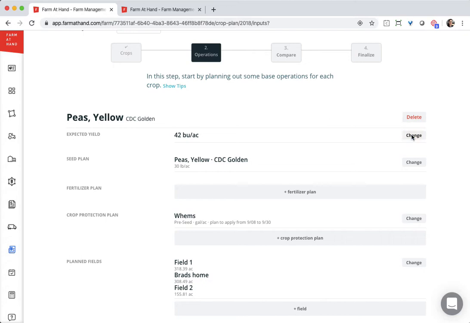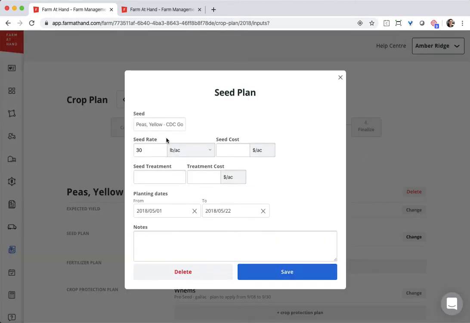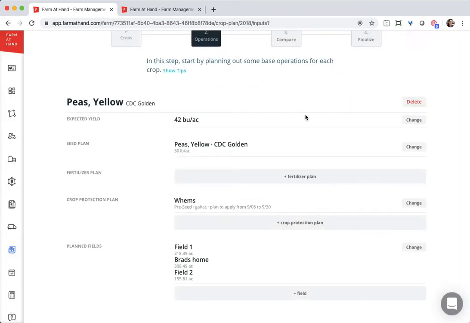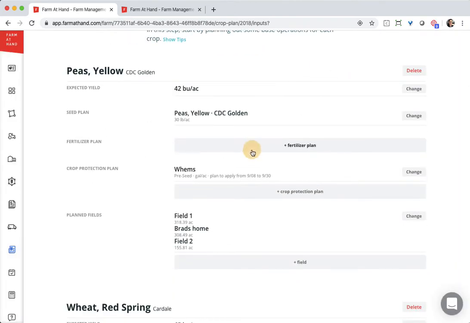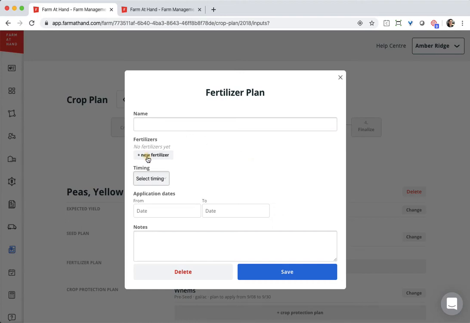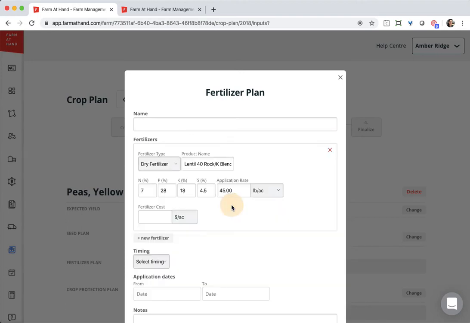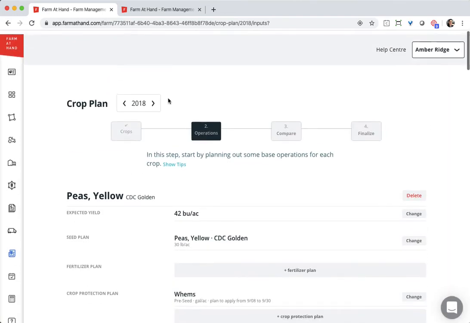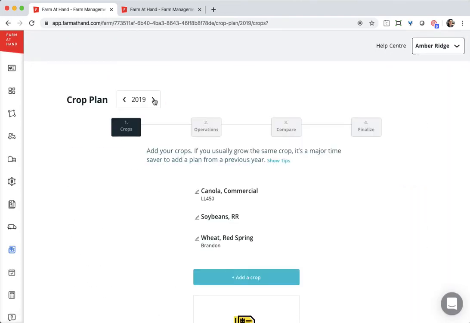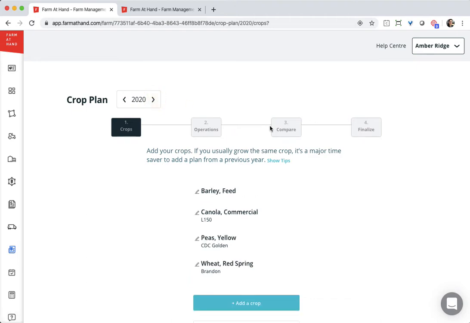So, what your expected yield will be, your seeding rate and your costs, and your planting date. And same goes then for your fertilizer plan. So you can add different types of fertilizer, for example, and you have different rates, and you can add in a fertilizer and the cost per acre for using that fertilizer. So once you've added some of these items,